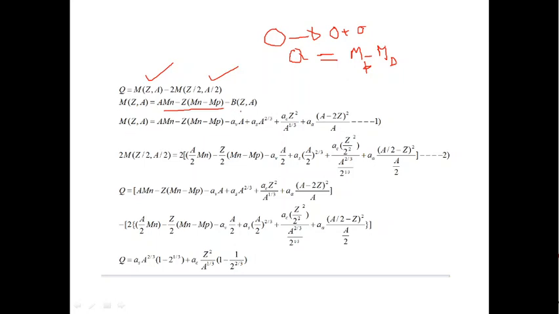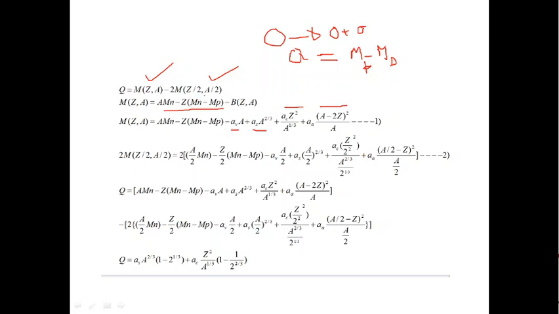Now we substitute the binding energy, and this is the volume term. Please understand the minus terms will become plus and the plus terms will become minus because there is a minus sign. The surface term has become plus, the Coulomb term has become plus, this is the asymmetric term, and of course there is a pairing energy term which we are ignoring because for heavier elements the pairing energy term hardly contributes. The pairing energy term is predominantly for lighter elements and is not going to be significant, so we have ignored that.